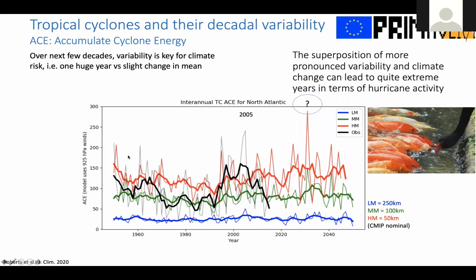The other aspect of Primavera, because we ran the experiments for a very long period of time, is that in some basins like the Atlantic, there is very strong decadal variability. So we've gone through a minimum between the 60s and the 90s, and then we are now experiencing a maximum. And when we run the models freely without forcing, we just look at natural variability. As we increase the resolution to about 20 kilometers, we are able to reproduce this decadal variability, and even able,